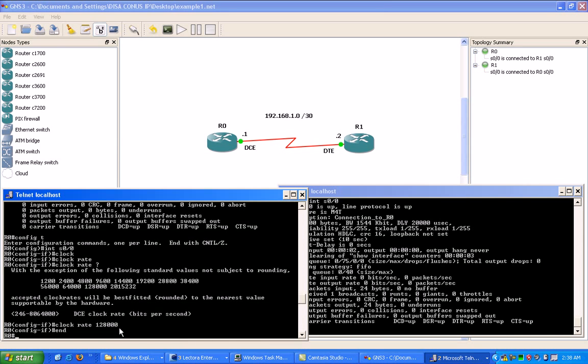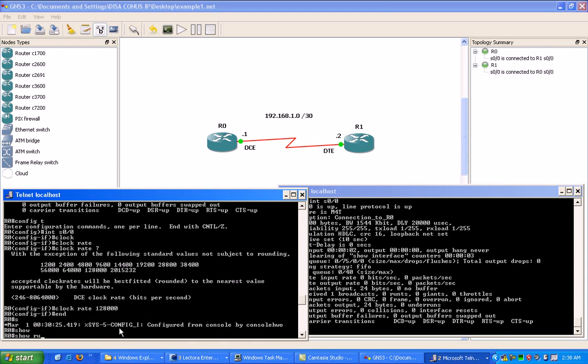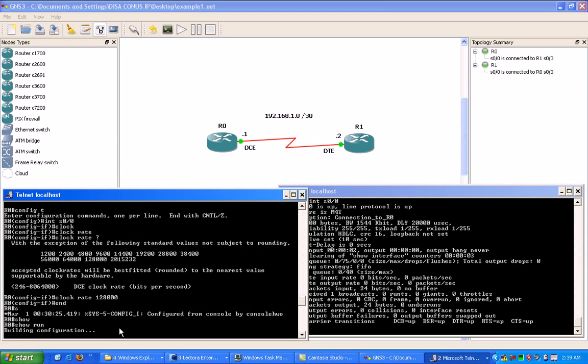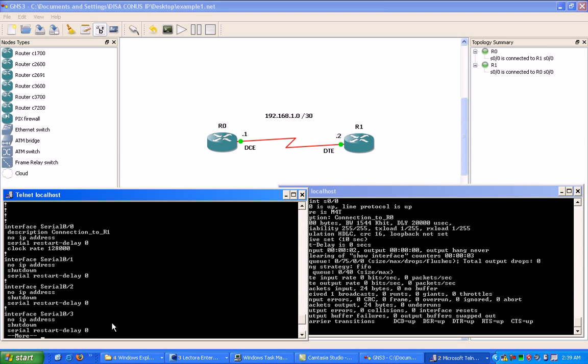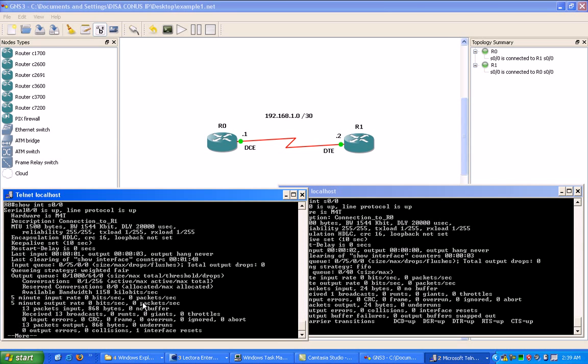Now, to verify your clocking on the interface, you can just do a show run and take a look at the interface. We're here at serial 0/0. We can see that we have set the clock rate manually to 128 kilobits per second. Now if we look at the interface again,